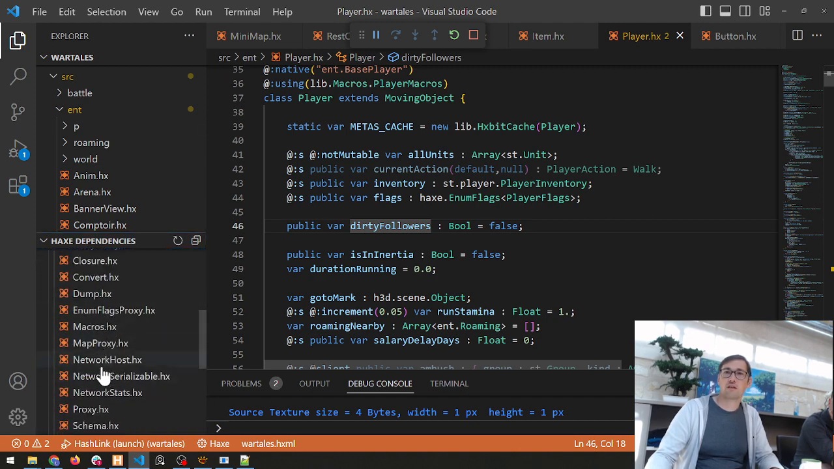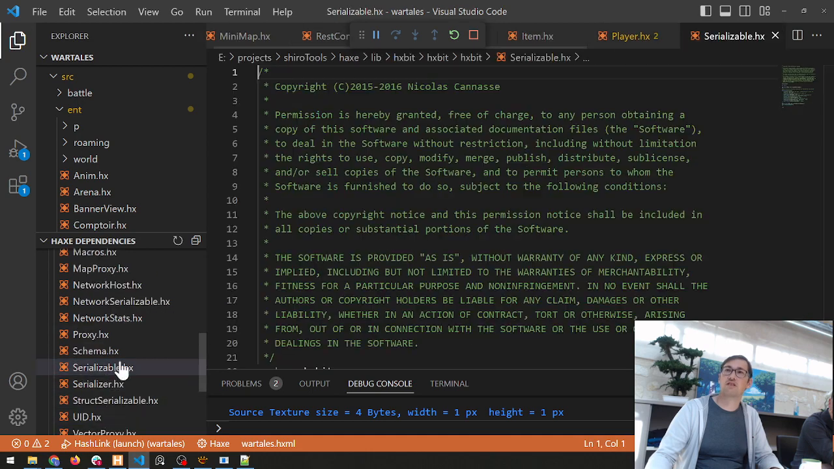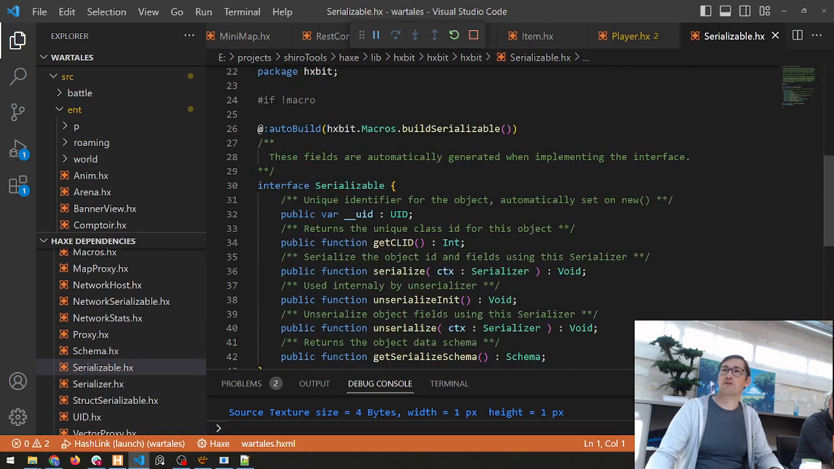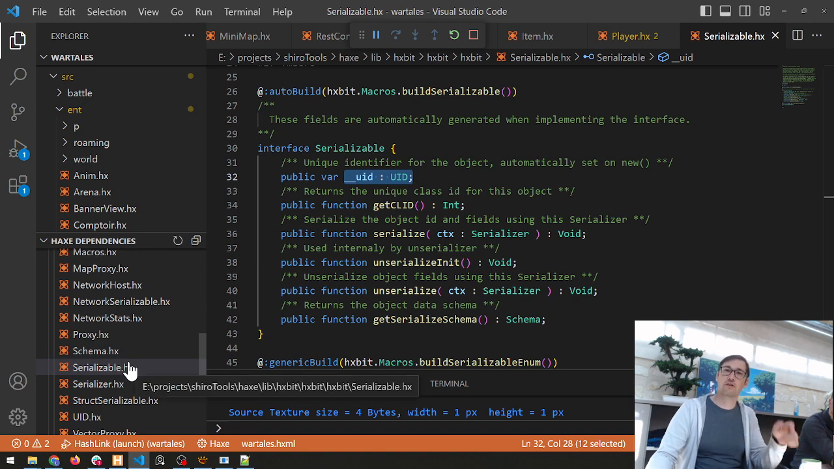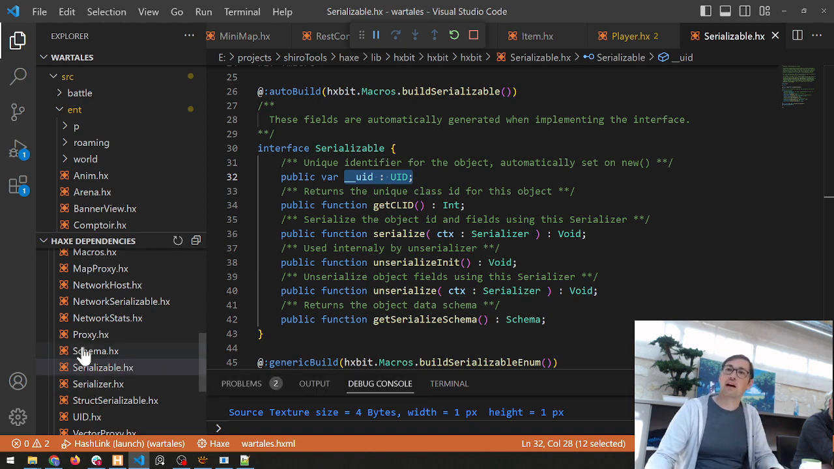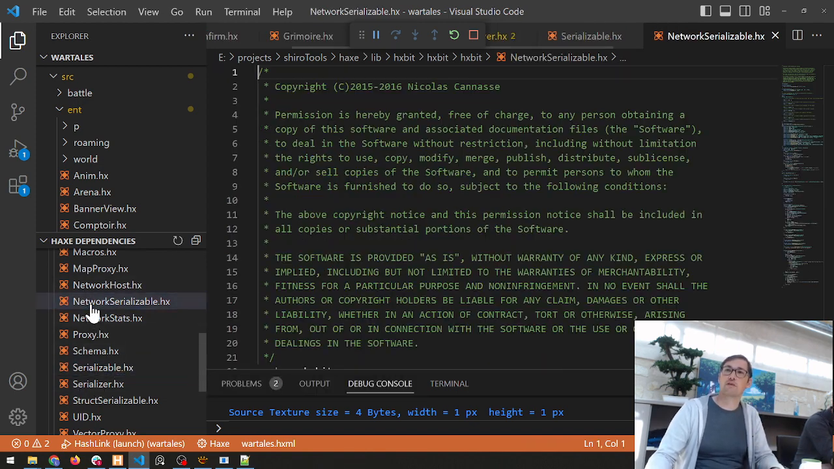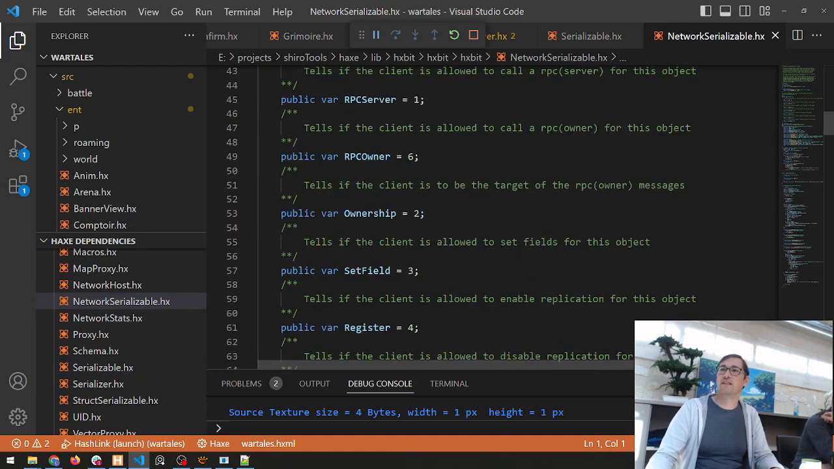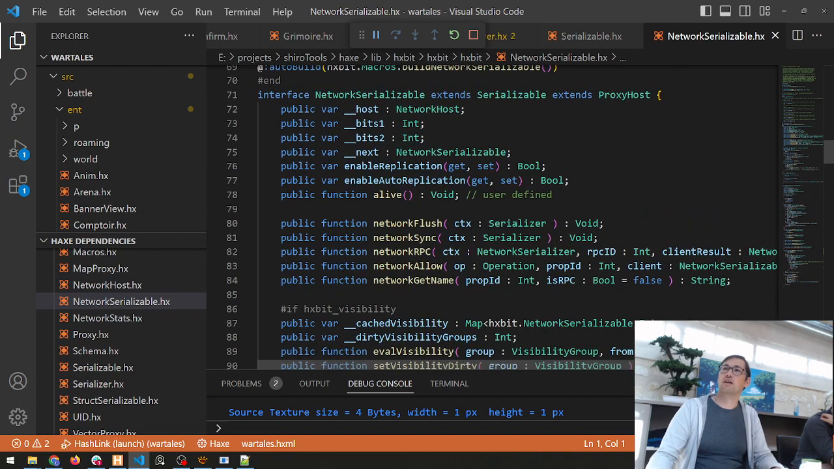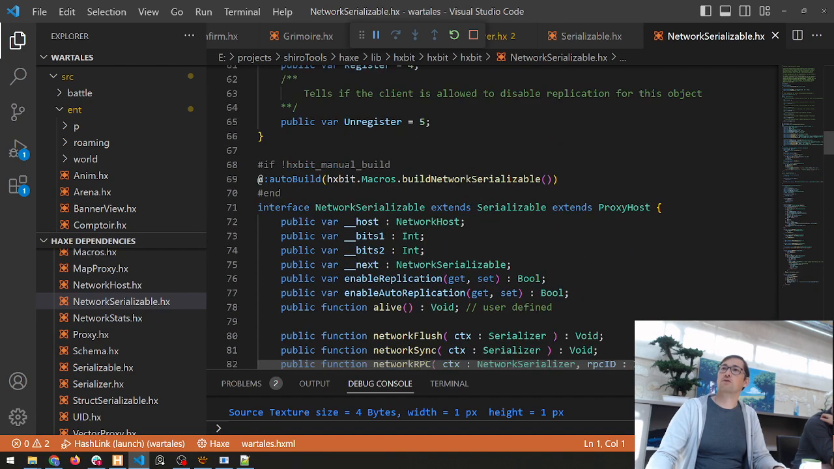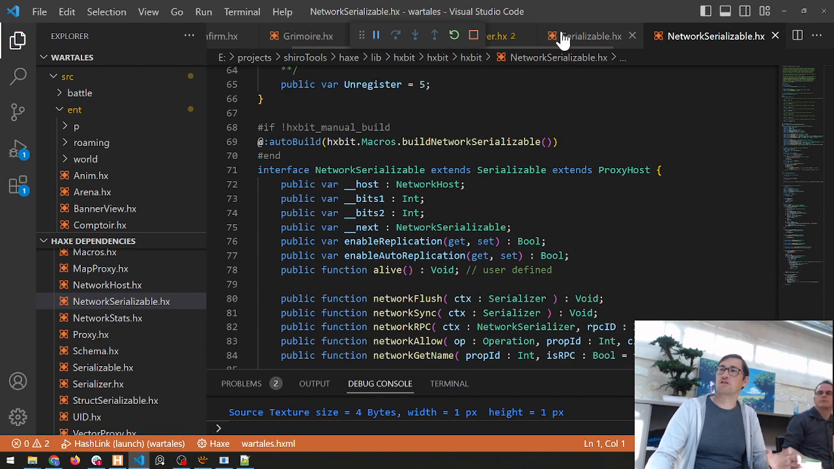HXBit. So you have Serializable, which is an interface that gives you serialize and unserialize functions, and also gives you a unique ID for your objects, so they can be referenced, for example in circular references. And you also have NetworkSerializable, which replaces Serializable, gives you much more, and allows you to create synchronization